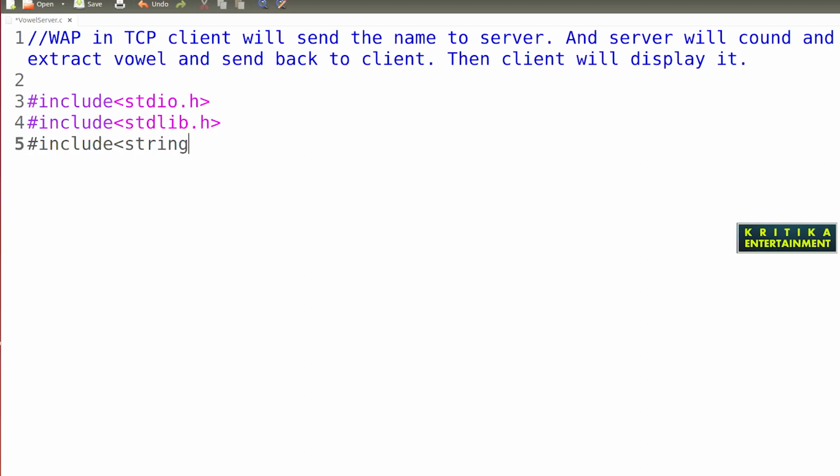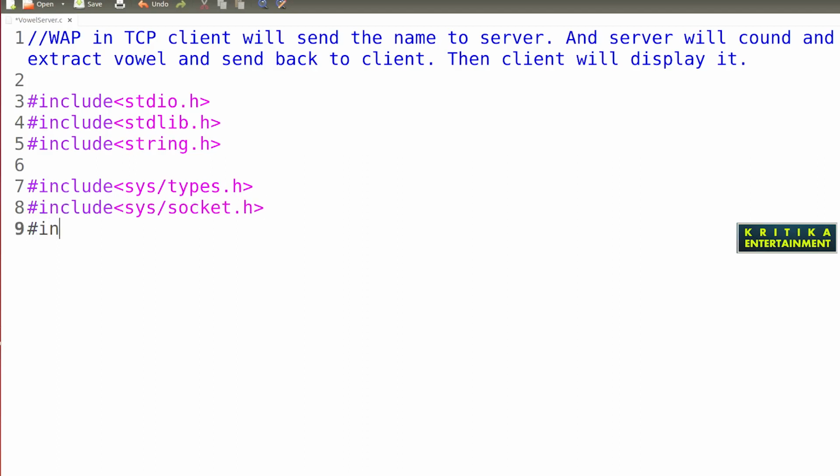I think I have not used this one, but I have written it the same as before. Now I will declare the socket header files: #include sys/types.h, then #include sys/socket.h.